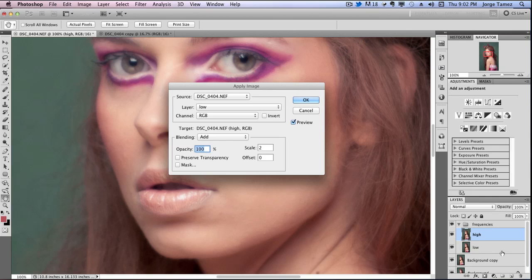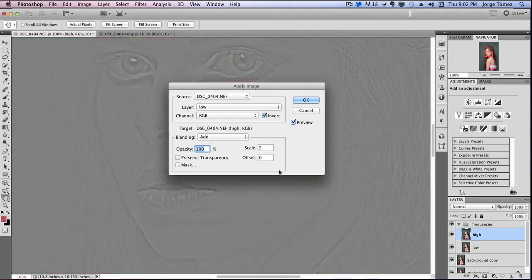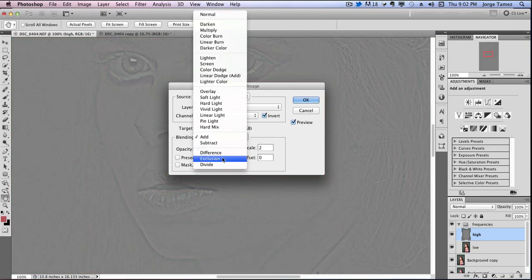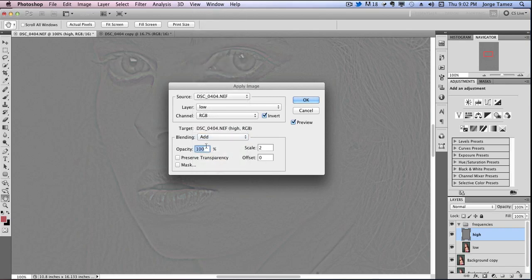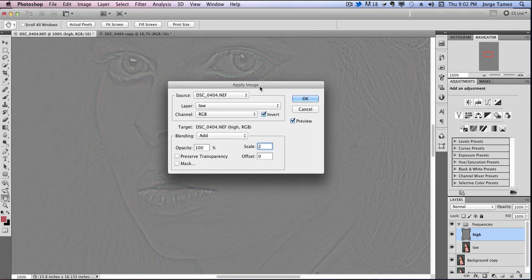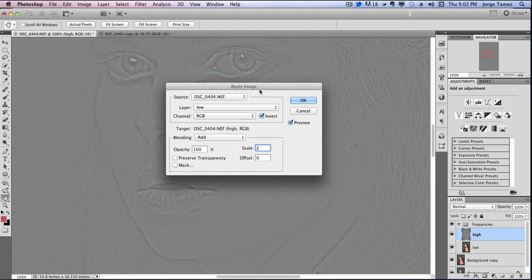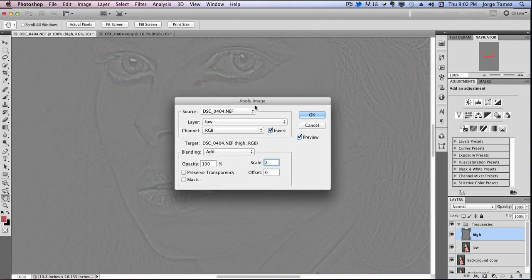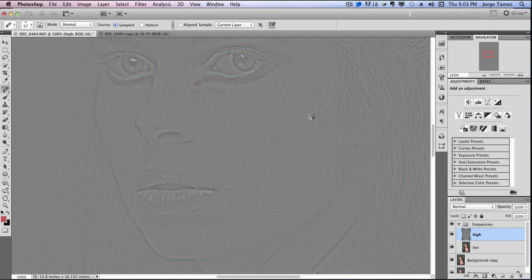which is why it's important to name them. So the layer Low, or whatever you name your low frequency layer, and channel RGB, it's okay. We're going to select Invert. Blending mode is on Add. Opacity 100, Scale to all this on check, Offset 0. These are always going to remain the same. These are constant numbers and selections and options, always going to be the same for every image. And now we're ready. We click OK,